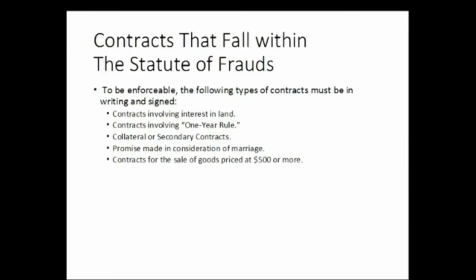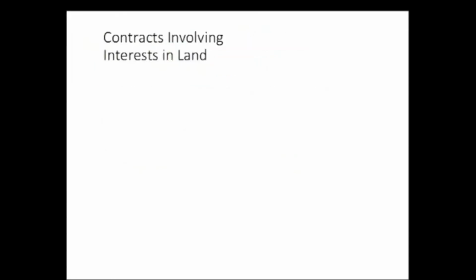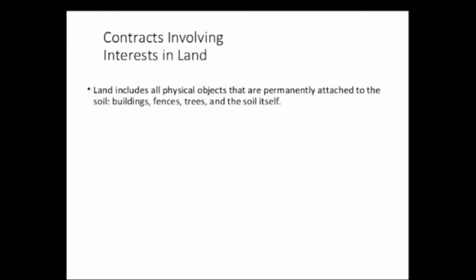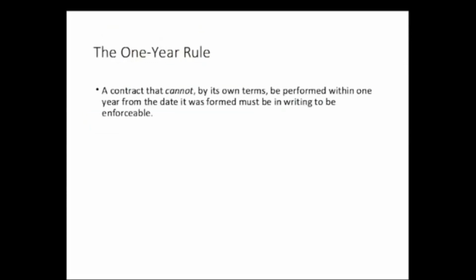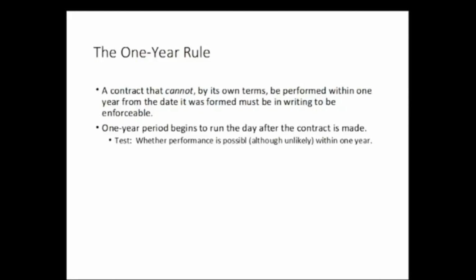And last, we have something called the statute of frauds. And the statute of frauds is important because it's very old, passed in 1677, and it says that certain types of contracts have to be in writing, particularly contracts for real estate. Purchase, sale, lease agreements, those have got to be in writing. And now that statute is pretty much in every state. So these are interest in land, things that basically can be performed within 1 year, collateral or secondary contracts, marriage contracts, contracts to sell goods priced $500 or more.